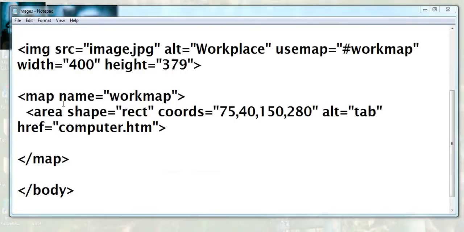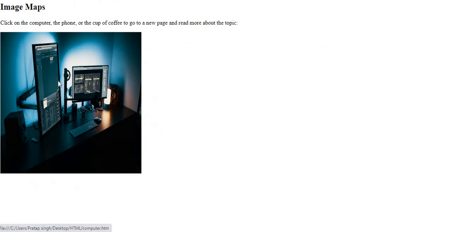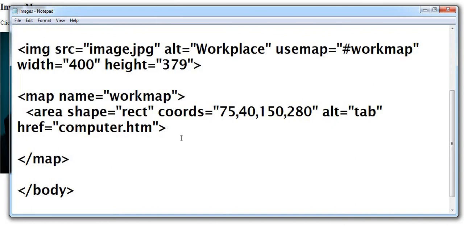This tab, can you see this tab? Let me load the code again. Here this image is now bigger, as we gave a different height and width in the HTML code. You can see this area is clickable, but if I hover the mouse here it's not clickable. Can you see that? Let's see in the code and we will understand.